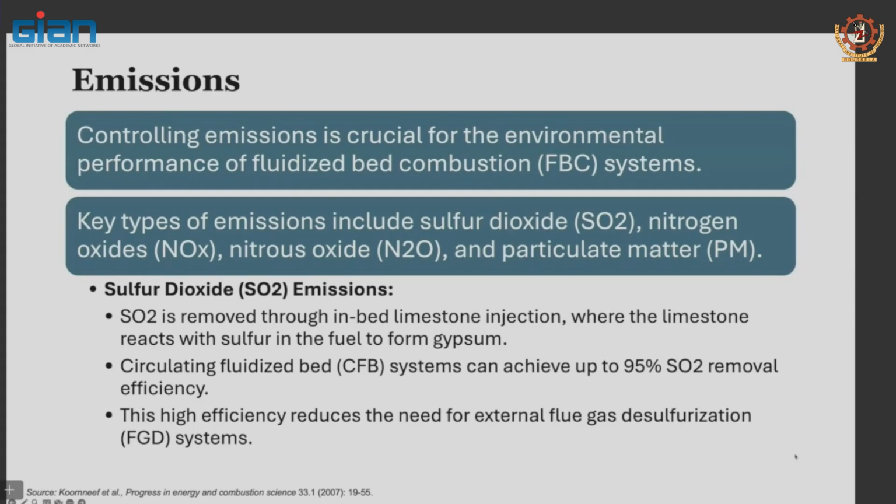If it escapes, everybody ends up breathing it, or it accumulates on everything, including vegetation. So, if you want to design and operate in these modern days a solid fuel fired system, you have to ensure to the regulators that you completely control these three